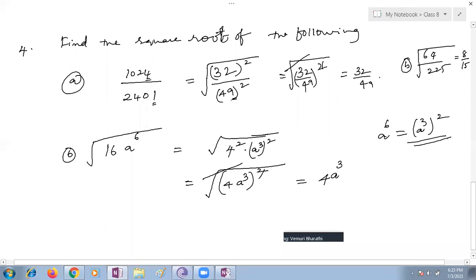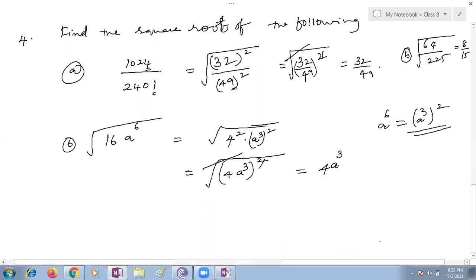What is this? Power raised to a power, where the powers get multiplied. That's very important, children. Use that. Even algebraic concepts they will mix up and test; it's as simple as what you learned. The same thing applies to another question tested in one more paper: 49 x to the power 4 and y square.